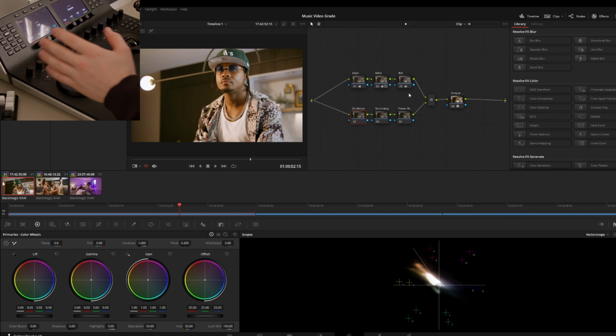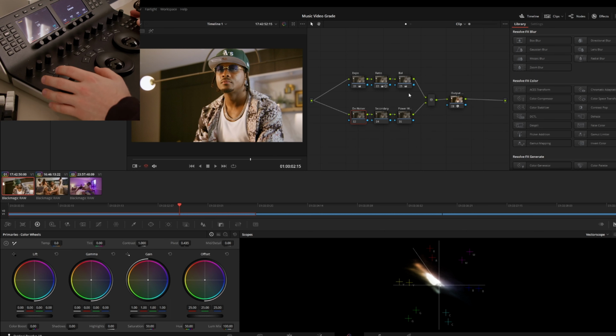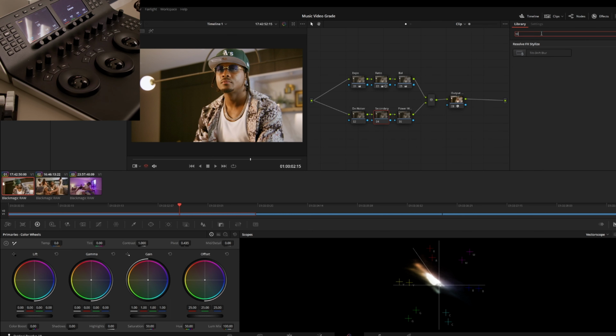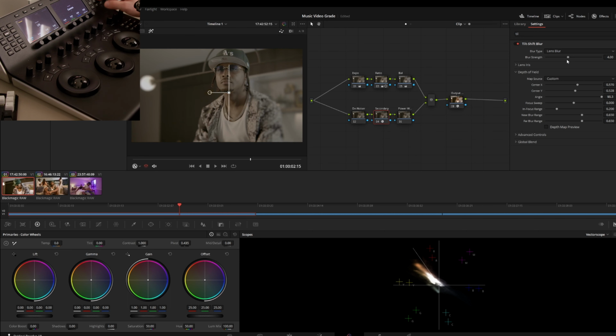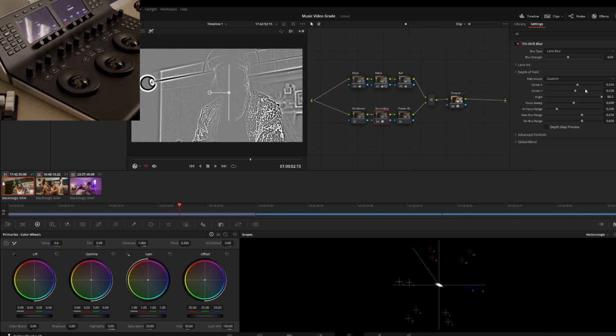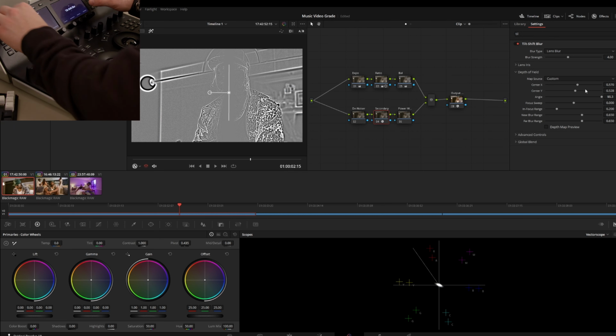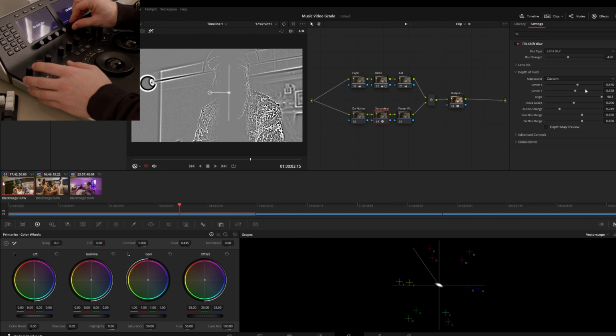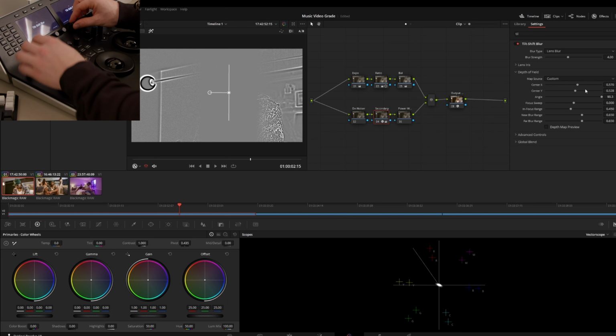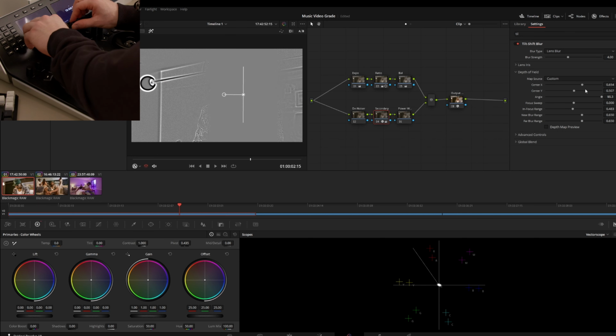Now, a train of thought I like to keep when going through for a pass like this is, where is the viewer's eye meant to be directed to? So for example, on this one, I might use a tilt shift plugin, the one that comes built in Resolve, and just run that down the artist's face, hitting the highlight so we can see, moving over to A and B. Then down here on my control surface, I'm just widening up the coverage of the blur, moving it a bit more central,